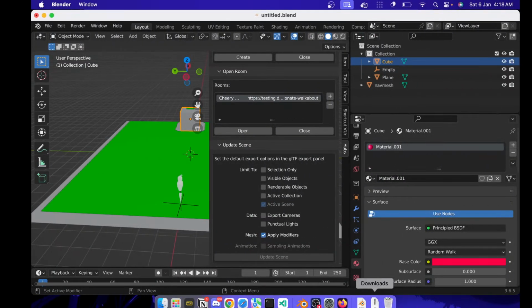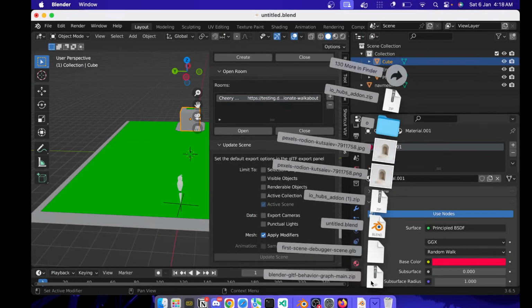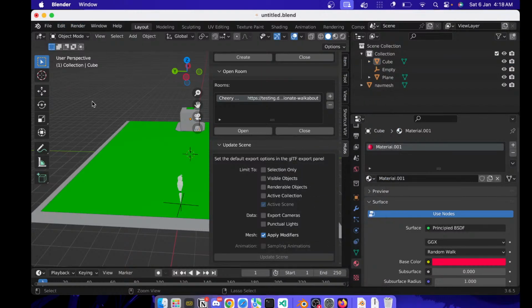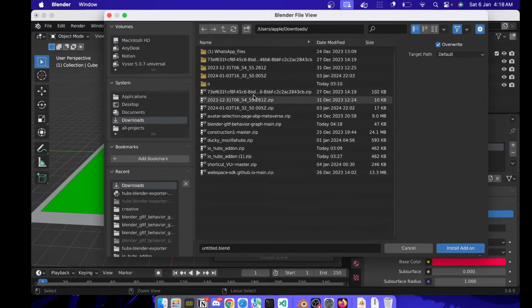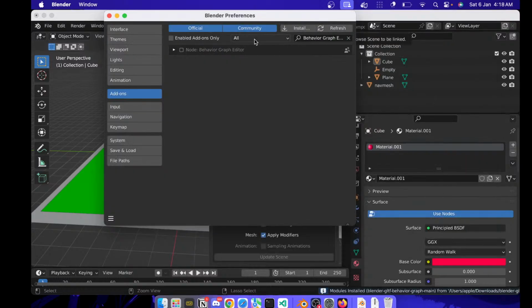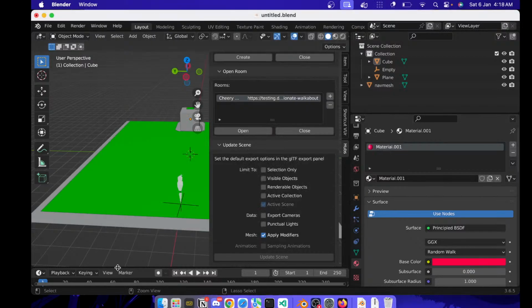So we have this downloaded. Now, if you want to install it, this time you can go to add-ons and go to install and select the Blender GLTF add-on that you have downloaded. So you see that you have this node behavior graph editor. It gets enabled simply, and after it is enabled,